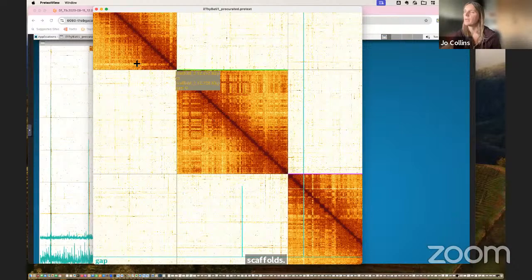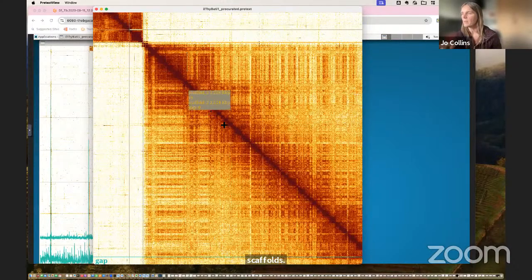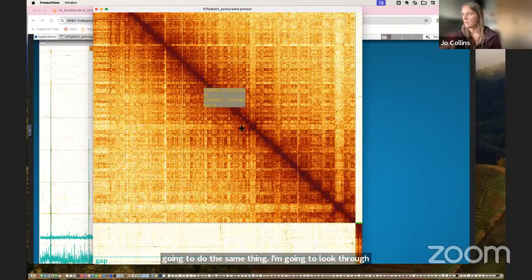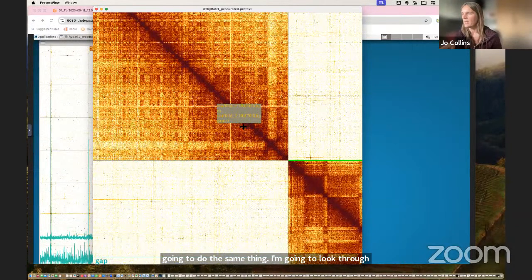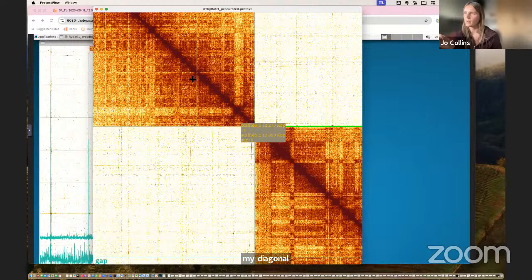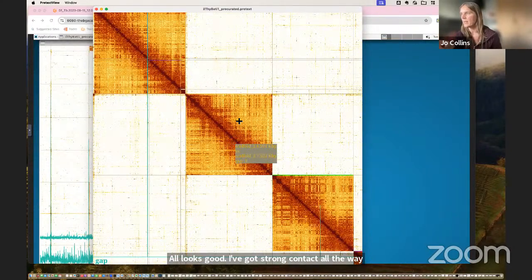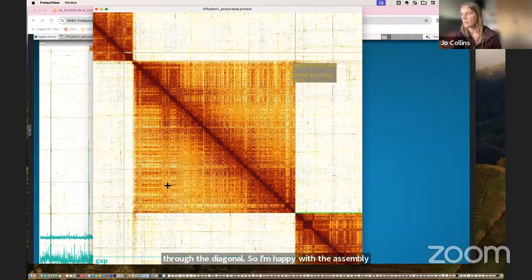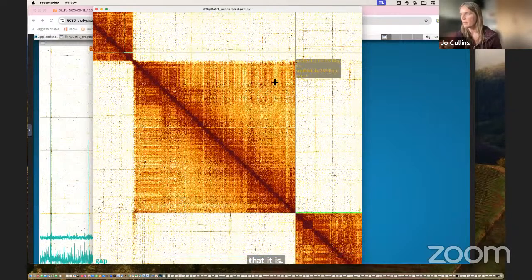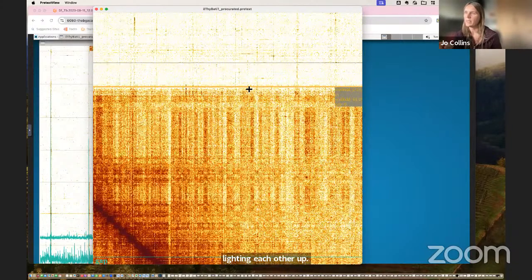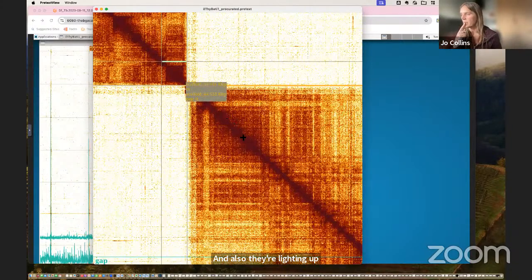So then I'm going to come to my next scaffold. I'm going to do the same thing. I'm going to look through my diagonal. Got no gaps in here again. It all looks good. I've got strong contact all the way through the diagonal, so I'm happy with the assembly that it is. This is what I was talking about with the telomeres lighting each other up, and also